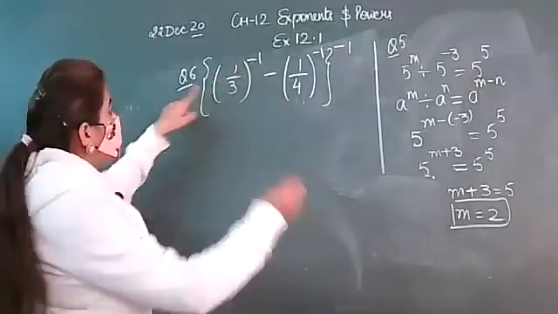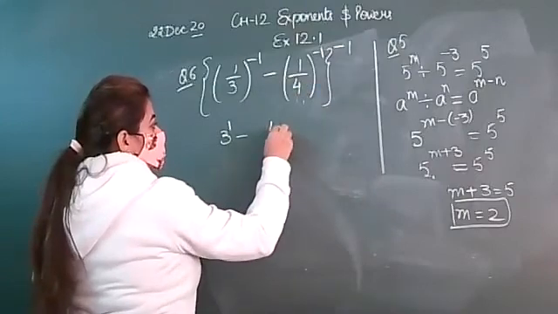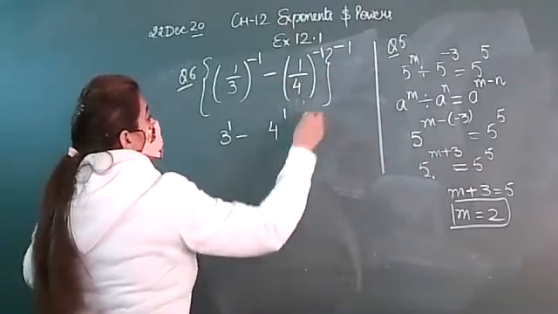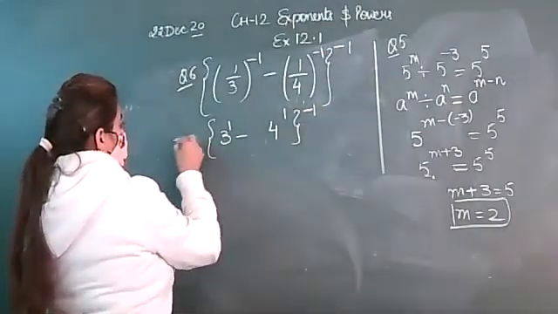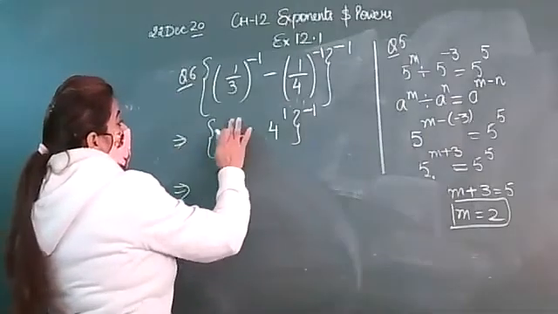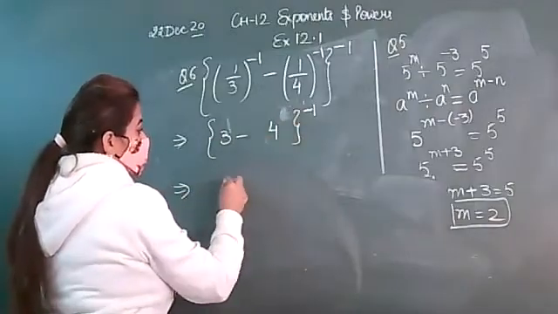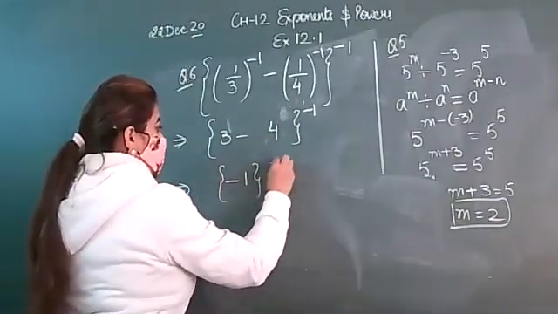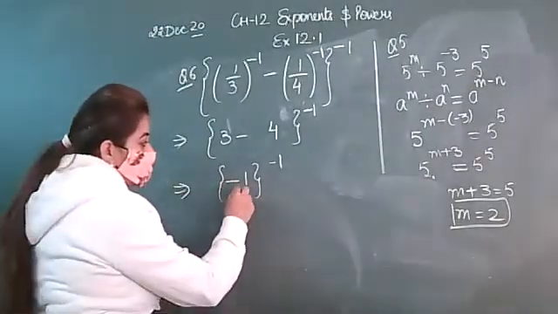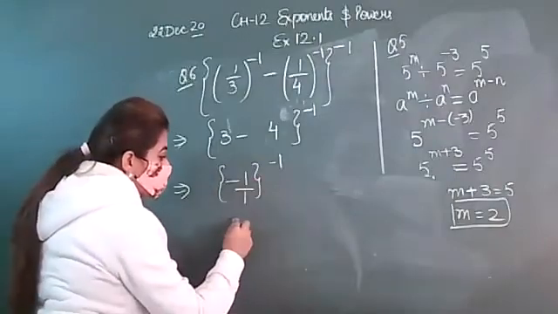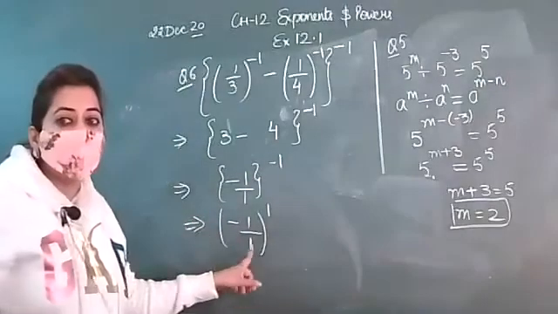Negative power is there, so you will make the reciprocal. This will give you 3 raised to power 1. When you make the reciprocal of this, this will give you 4 raised to power 1. And this same bracket I am putting here. And minus 1 power is there, I have written same. Now, 1 is your wish if you want to write, otherwise you can skip this. 3 minus 4 will give you minus 1 whole raised to power minus 1. Yes, who will tell me the answer, how we can solve this? This is minus 1 upon 1. So if you make the reciprocal, it will give you 1 upon minus 1, and the power will become positive. Any doubt in this, beta?